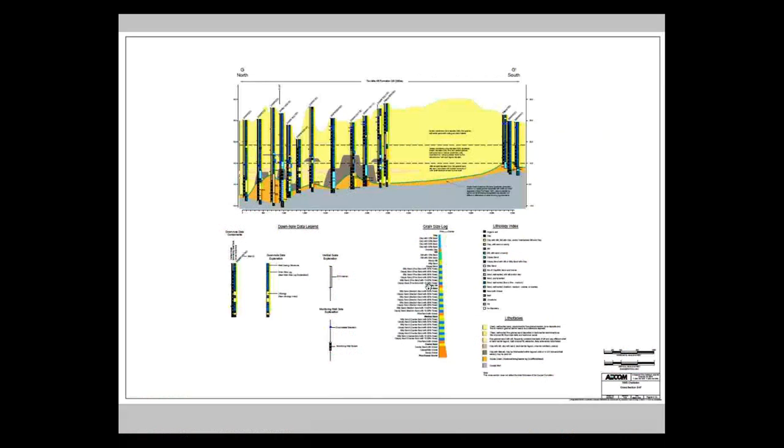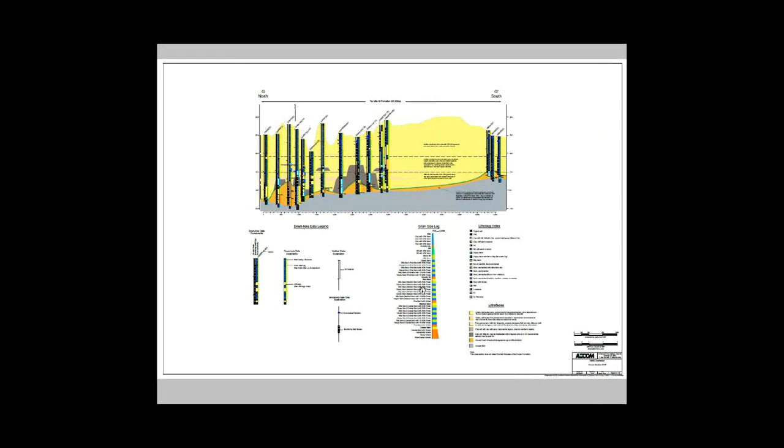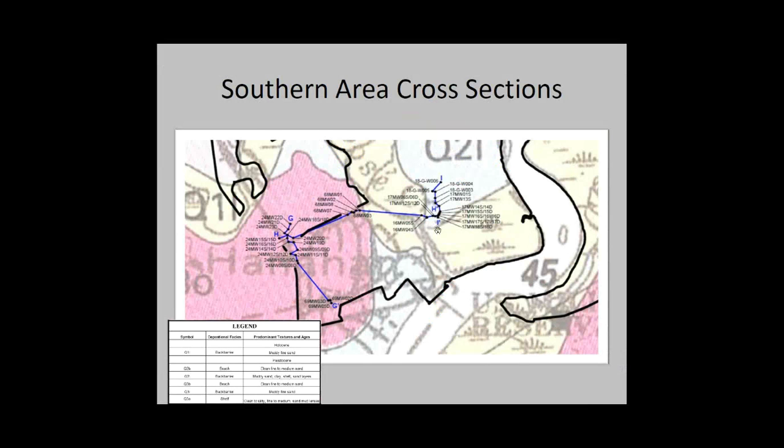Okay, now we move into the southern area. And what we do is we're going to cross this back barrier. This is an interesting cross section here to me. Cross this back barrier, go across the Goose Creek intertidal zone and into the beach dune facies. Then we have a cross section completely in this beach dune.